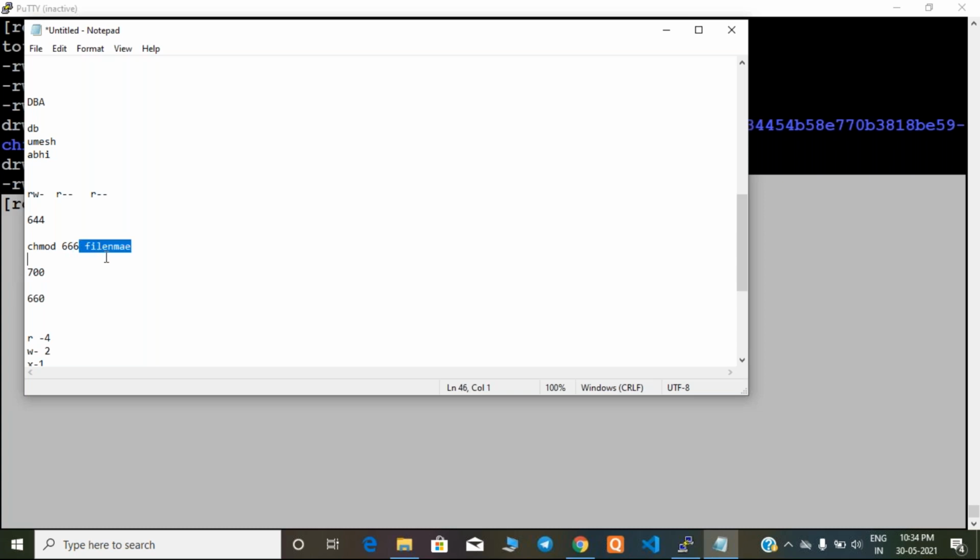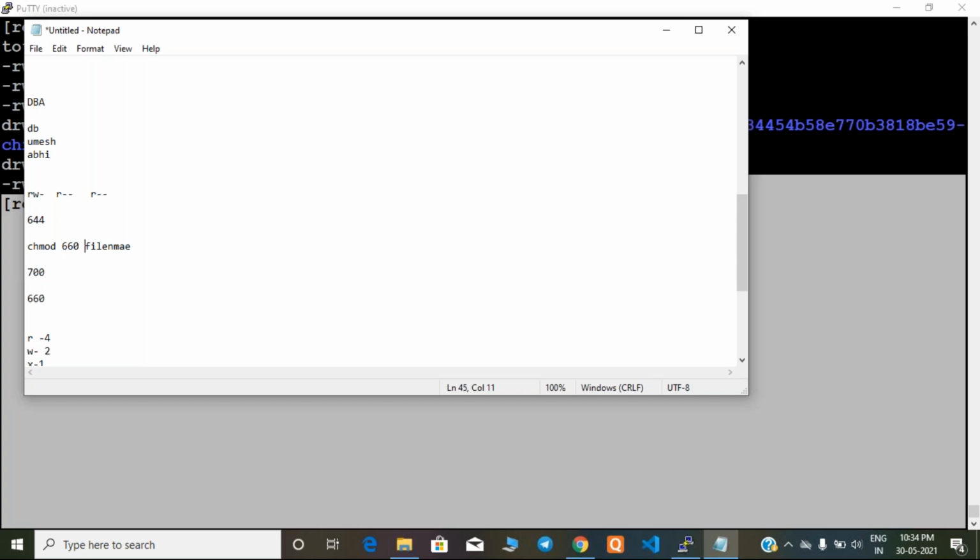Only the owner can do this, guys. Not everybody. For example, for a file the owner is the root user. Only the owner can change the permissions, not everybody. Only the owner has full rights on that file. A normal user, another user, cannot change the permissions. Owner or root user only can.